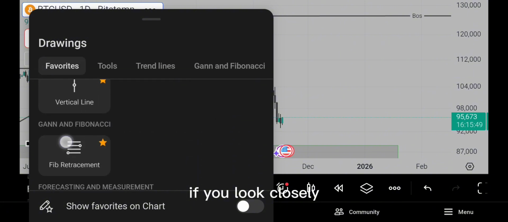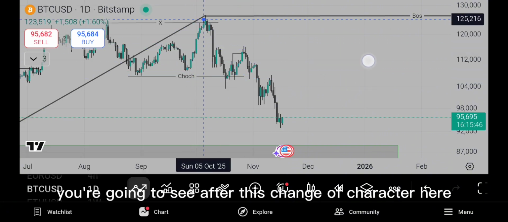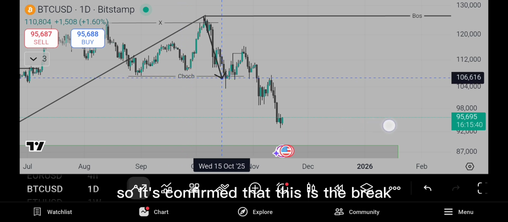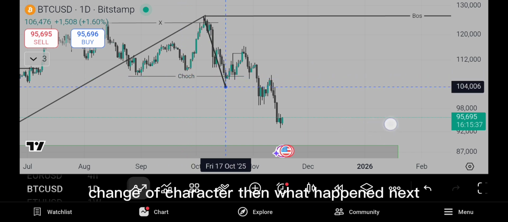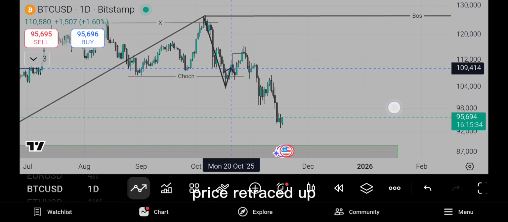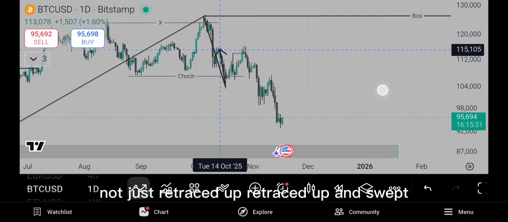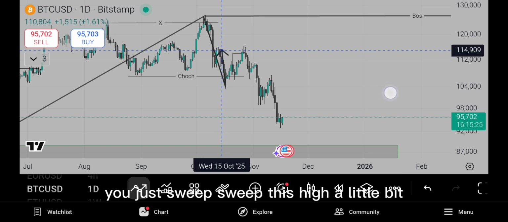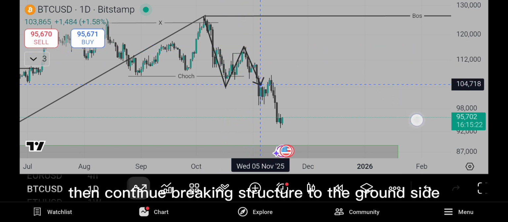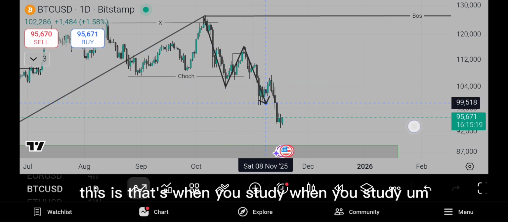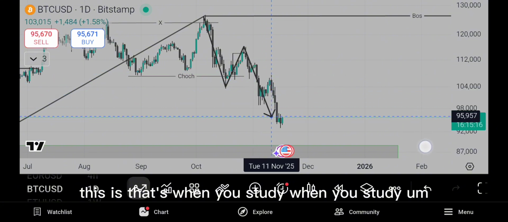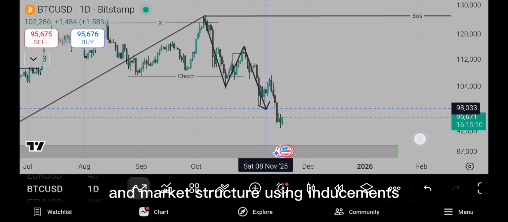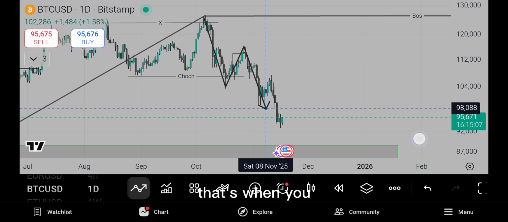if you look closely, you're going to see after this change of character here, this black candle closed below it, so it's confirmed that this is the break, change of character. Then what happened next? Price retraced up, not just retraced up, it retraced up and swept this high a little bit, then continued breaking structure to the downside. That's when you study, what is it called? When you study classic market structure and market structure using inducements, that's when you learn how to mark out structure